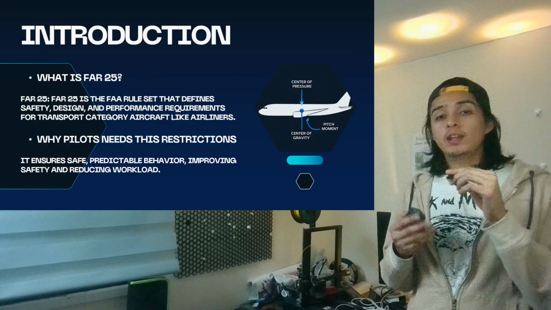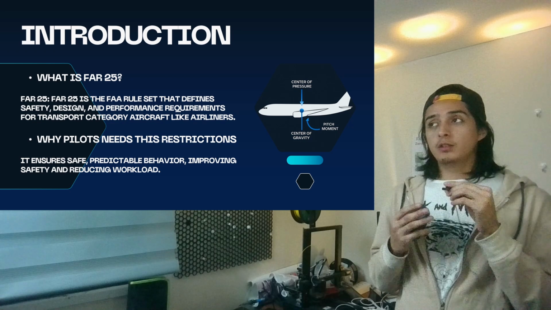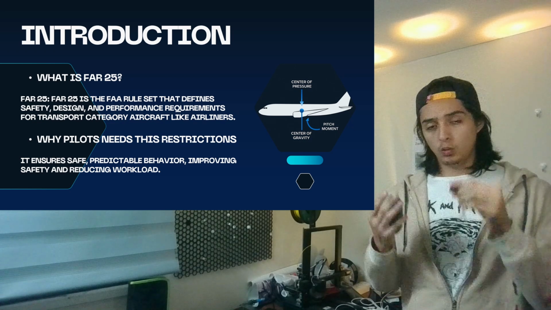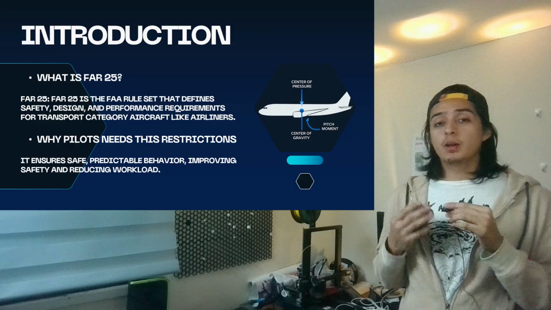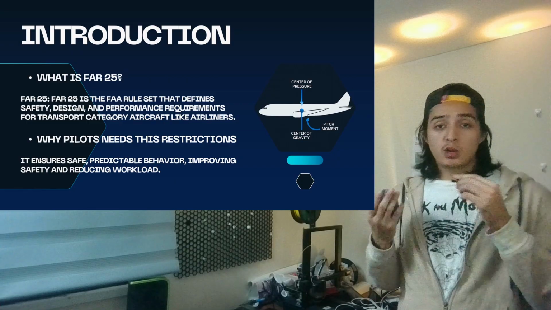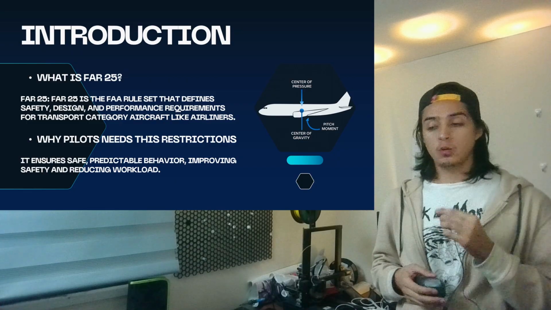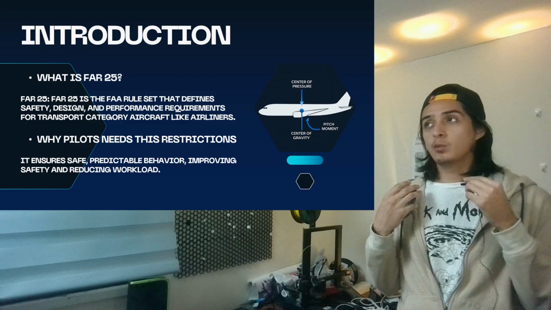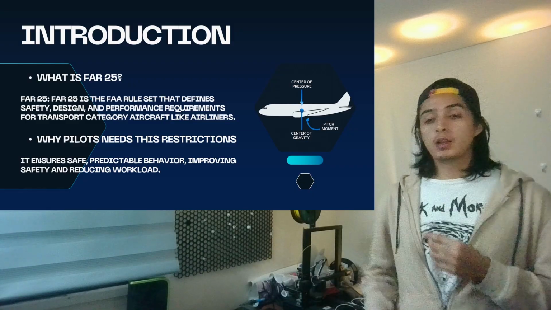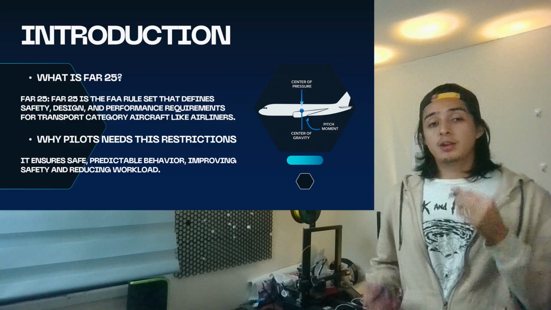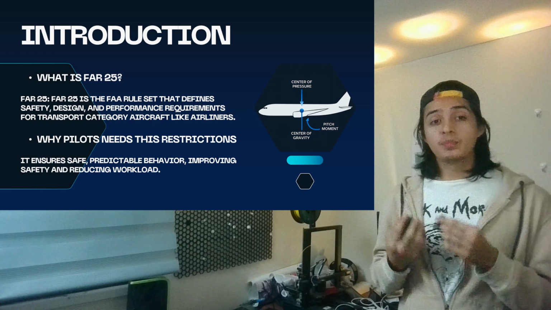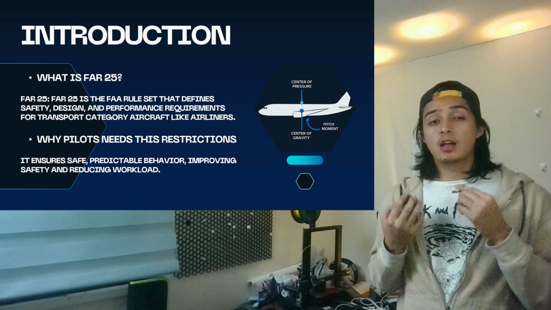So, what is the FAR 25? In simple words, it is the FAA, the Federal Aviation Administration, set of rules or guidelines that defines basically any safety, design, and performance requirements for any transport category aircraft. Why is this important for the pilot and also the aircraft manufacturer? It's very important because it ensures a predictable behavior of the aircraft, and this ensures a safe flight